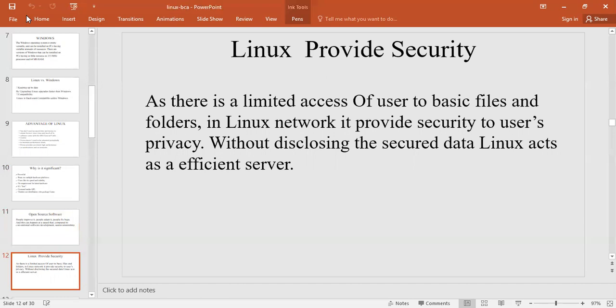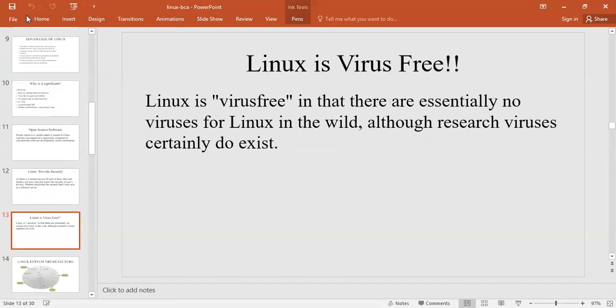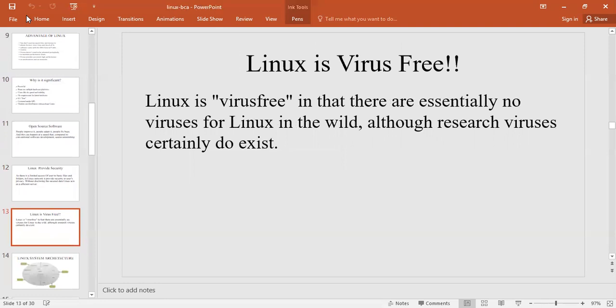In a Linux network, it provides security to users' privacy. Without disclosing the secure data, Linux acts as an efficient server. Hence, it provides security. Linux is virus free, in that there are essentially no viruses for Linux in the wild, although research viruses certainly do exist.